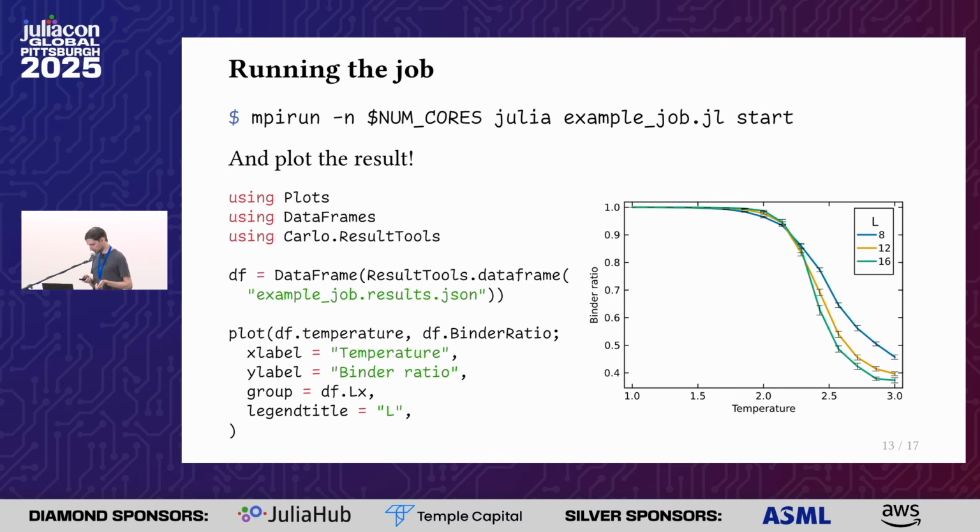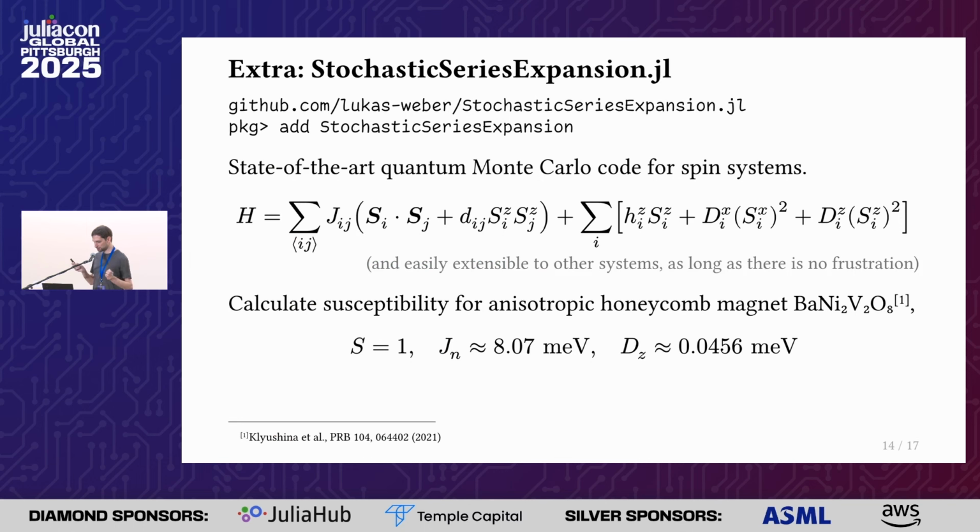Yeah, so that's great. But of course, I don't want to let you out of here with just the Ising model. There's a little extra treat. We're also going to look at StochasticSeriesExpansion.jl, which is a state-of-the-art quantum Monte Carlo code for spin systems that's built on Carlo and available for you right now. It has a lot of knobs where you can generalize it to a lot of different systems, but one thing that's implemented out of the box is this anisotropic Heisenberg model